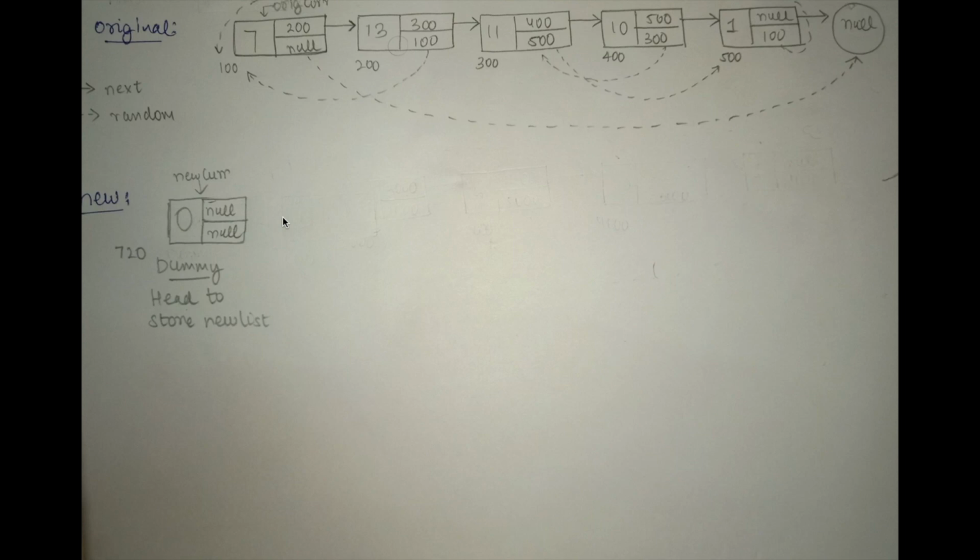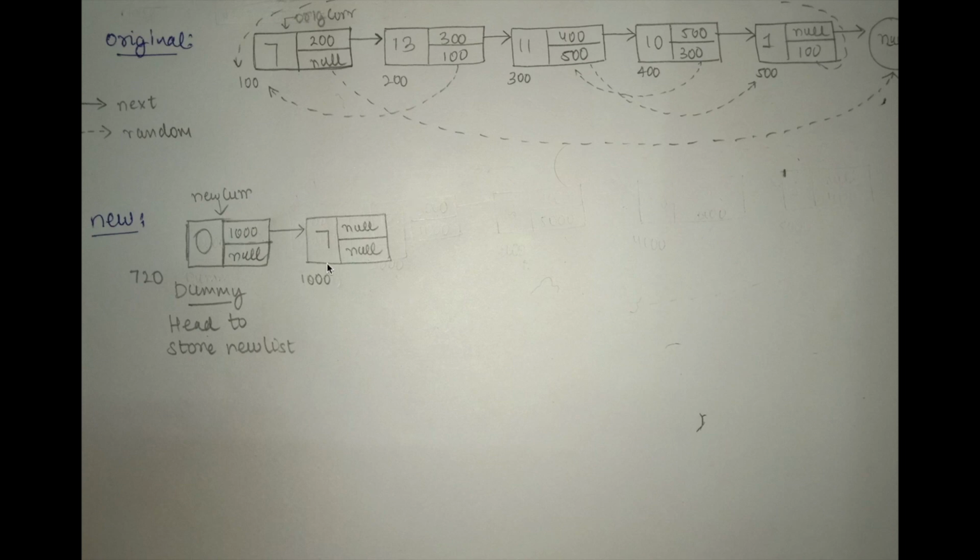constructed linked list. Now, to traverse both the linked lists, original and new one, we create two cursors. Original cursor to traverse original list and new cursor to traverse new list. Here we start by creating first node of the new linked list, which has the memory address of 1000. We copy the data from the original cursor, here it is 7, to the new linked list, and then we link the dummy node and the first node of the new linked list by copying the memory address of the newly created node, which is 1000, into the next pointer of the dummy node.